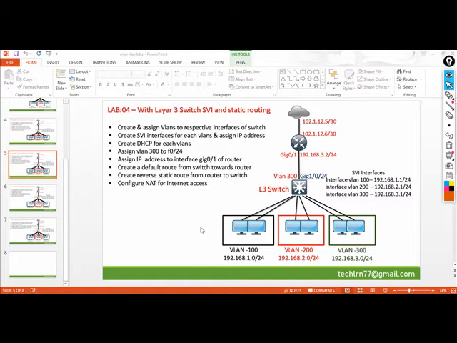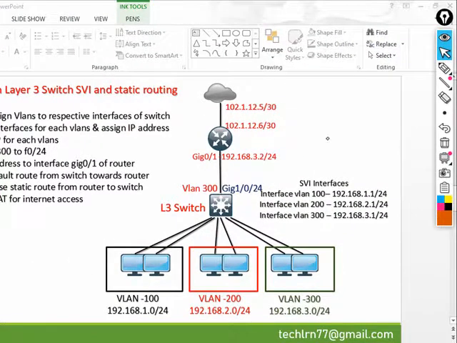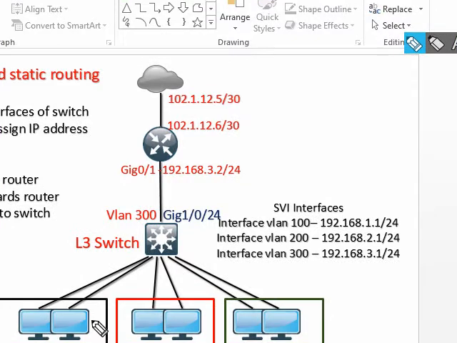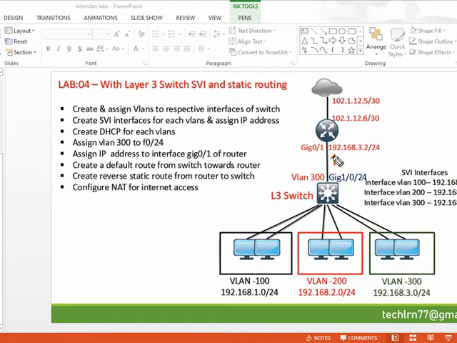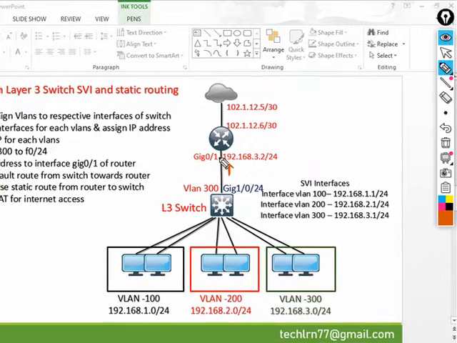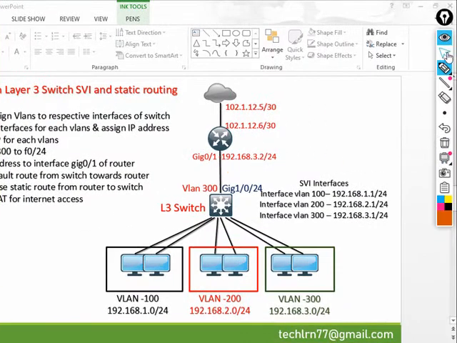In the previous video, we did inter-VLAN routing by the switch virtual interface method, and there we configured static routing to make reachability from the router to the internal network, and from the switch side we wrote a default route to forward the traffic up to the router, that is for the internet side. So if you don't want to use static routing in this scenario, then you can also use dynamic